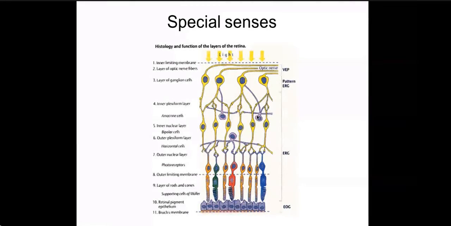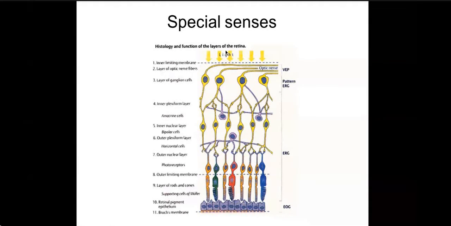In between the photoreceptor cells, rods and cone cells, and the bipolar cell, there is the horizontal cell. This is the horizontal cell. And in between the bipolar cell and ganglion cells, there is the amacrine cell. Amacrine cell, right? So 1, 2, 3, 4, 5, five types of cells. Another layer is there, that is the pigmented cell layer. So if extra light enters the eye, the extra light is absorbed here, right?